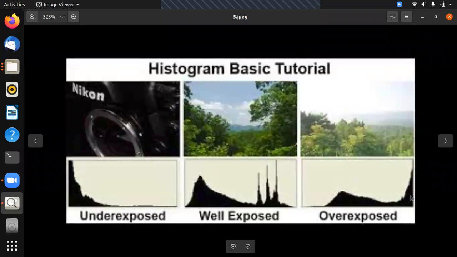Where things are moving towards the highlights. So this is for a properly exposed photo, this is for an overexposed photo, and this is for an underexposed photo. The histogram is just helping us decide whether the photo we are taking is properly exposed, underexposed, or overexposed. Till now, is it clear?